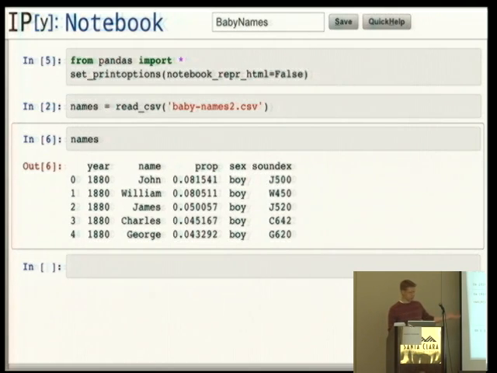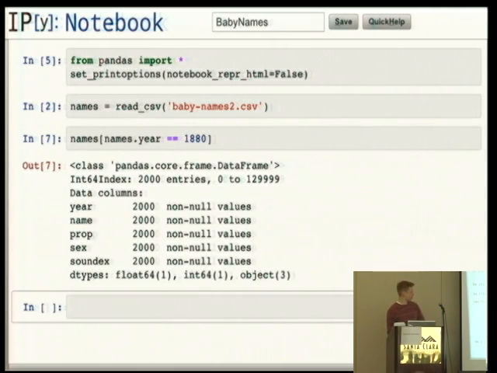So suppose we wanted to select out all of the names for the year 1880. Inside the data frame, we could do names.year equals 1880. If you've never seen NumPy before, when you do names.year, that's a series, that's a column from the data frame. When I say equals a scalar, that does a vector operation. It produces a Boolean array, and I can pass that to the data frame's get item, which gives me